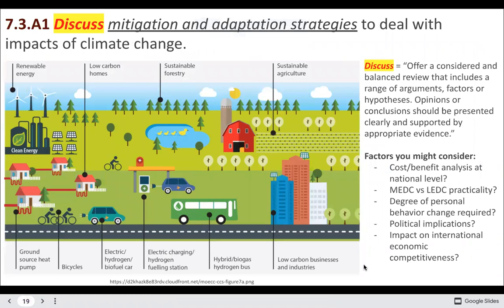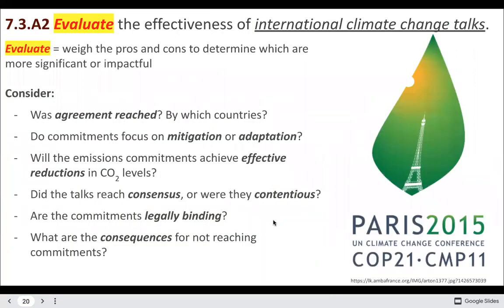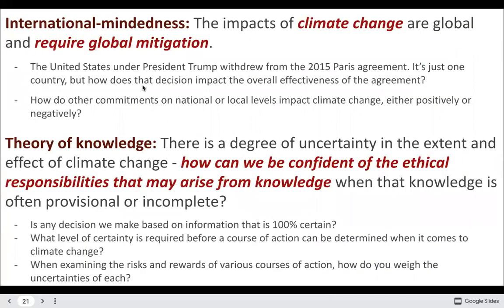Some examples of skills and adaptations, including discussing different strategies for mitigating and adapting to climate change, evaluating the effectiveness of international climate change talks, and then some examples of international mindedness, as well as some